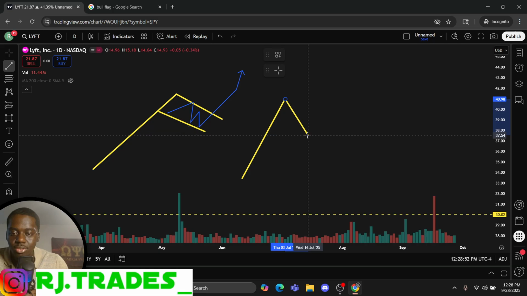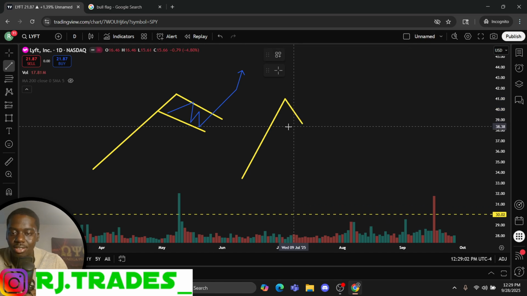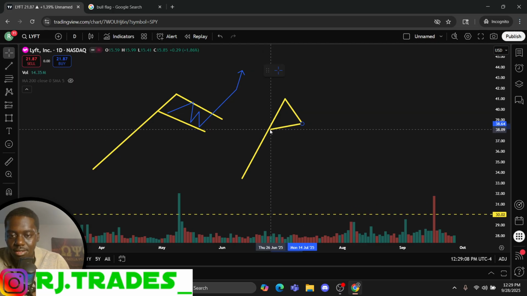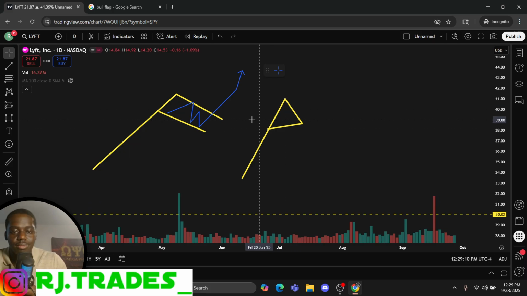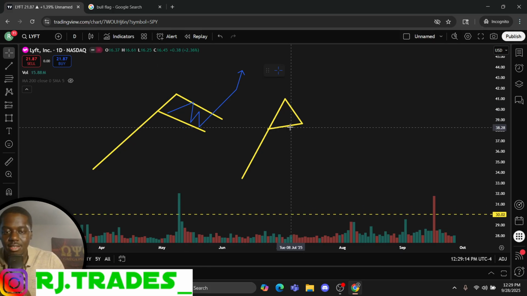I always mess up this drawing. Oh man, I might mess up the drawing again. The bullish pennant pattern is going to look something like this. I can't draw it. Oh, I can't draw it. Okay, that looks half decent. All right. It looks something like this.